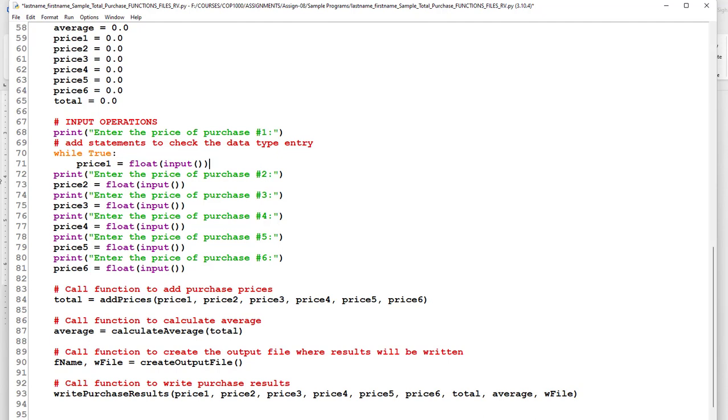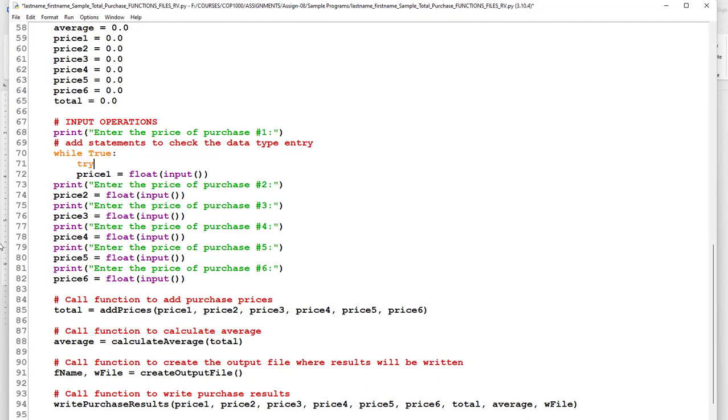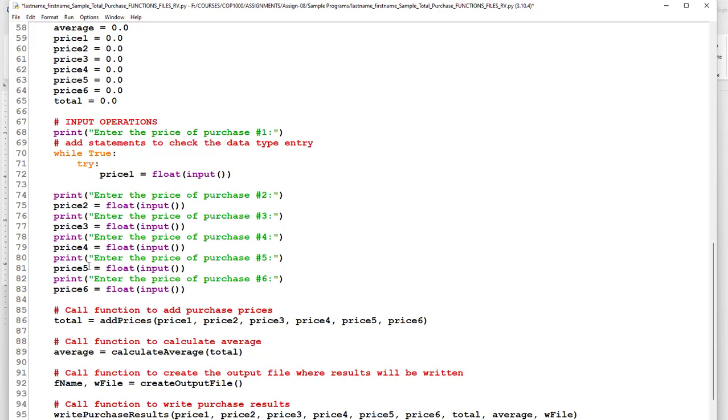And so I'm going to use the try. Let's do try. And then that's our statement that we're going to use to try entering it. What's going to happen though is when I enter that and it puts the wrong information in there, it will crash unless I add this exception. I'll say except, and I'm going to use the value error. It's going to turn purple. That's an indication that that's an exception name as described in the Python program, and we'll show you all those a little bit later. But we'll say except error,